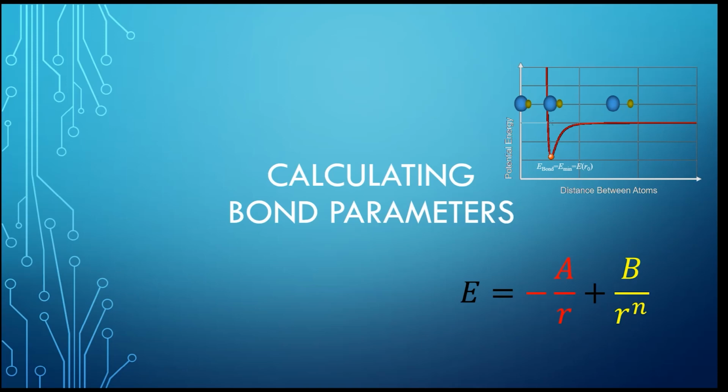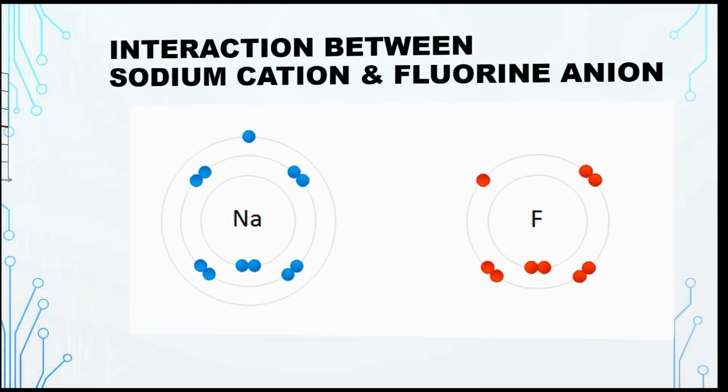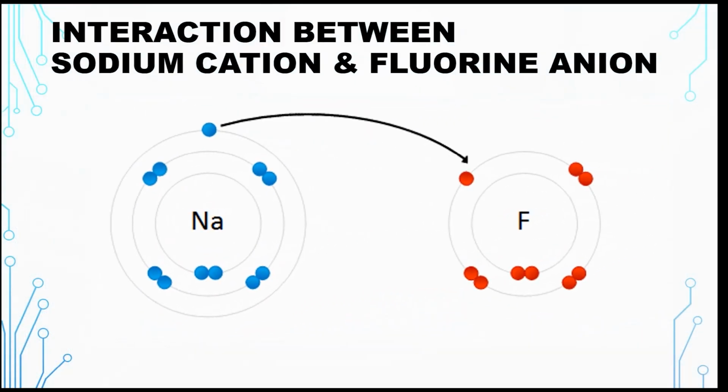We know we have a simple formula to model the interaction of a chemical bond. However, the parameters in this equation need to be calibrated by experimental results. Today we will just talk about how to obtain these parameters using the bond length and bond energy measured from experiments. We will illustrate the ionic bond between the sodium cation and the fluorine anion in sodium fluoride as an